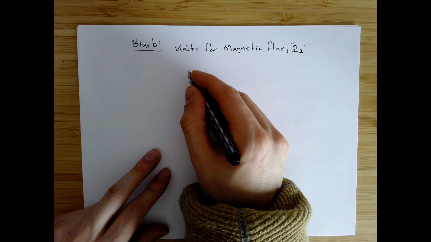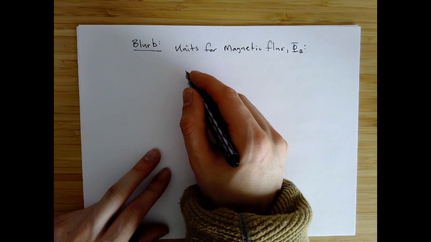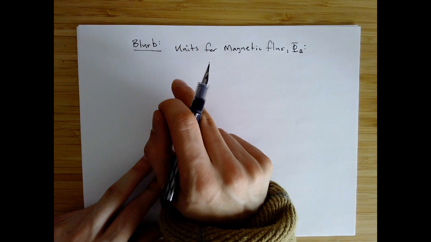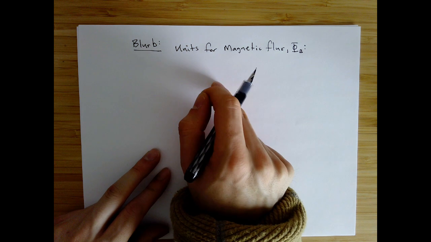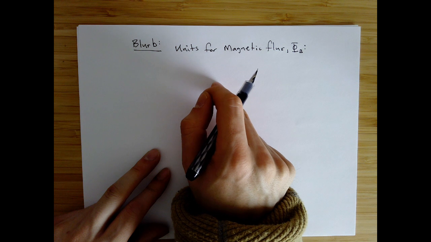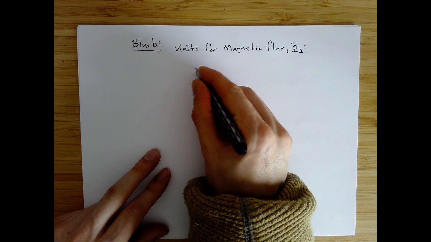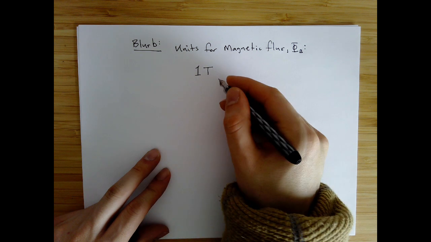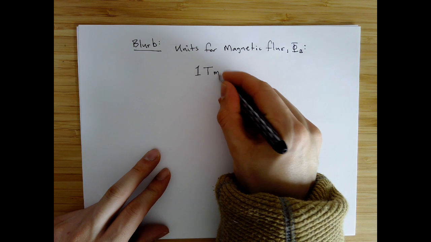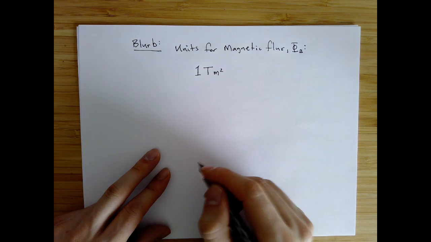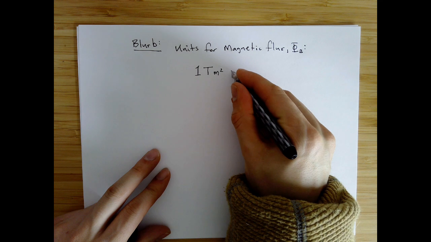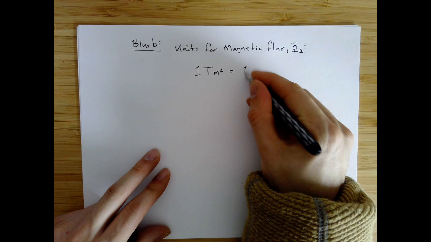Do you recall the equation? It was magnetic field times an area times some sine of an angle, which is unitless. So of course the magnetic field unit would be the Tesla, and the area unit would be the meter squared. We use this so often we gave it a name. It's called 1 Weber,